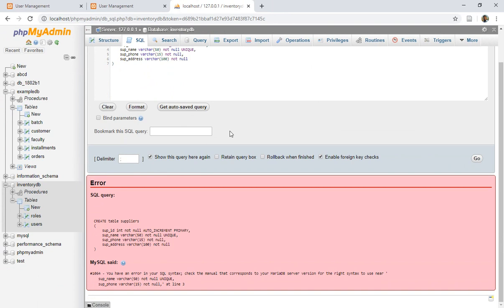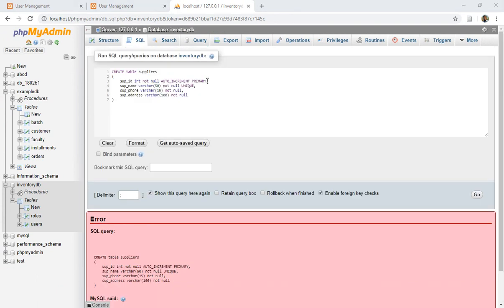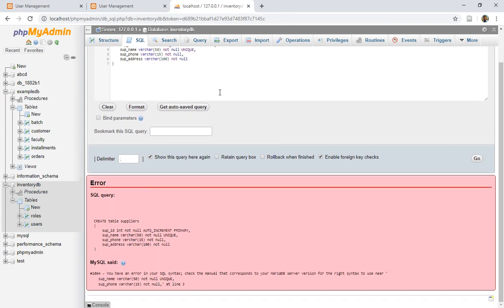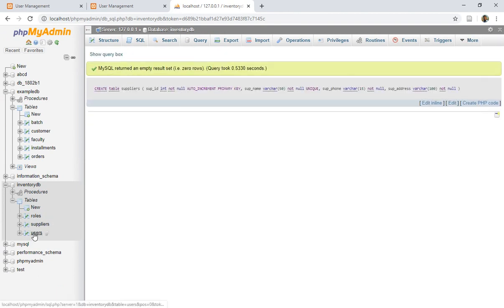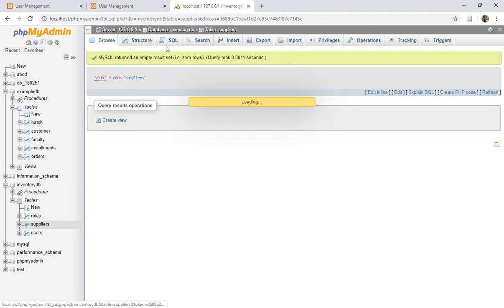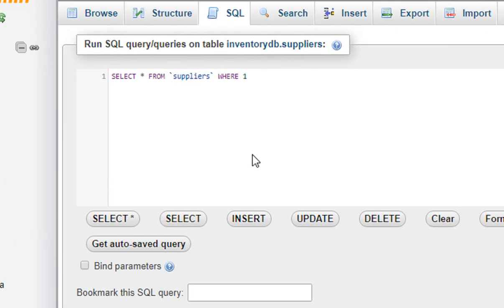Okay, it's saying that the syntax is not correct. I have to write here primary key. Now it's fine. Let's click on the go button. Okay, the table has been successfully created. Now select this table and create 4 stored procedures. So let's zoom in, remove this delimiter,